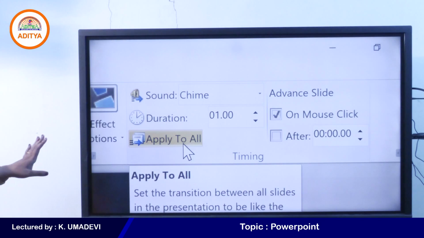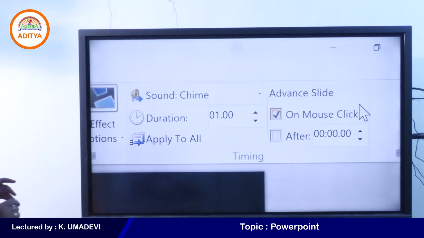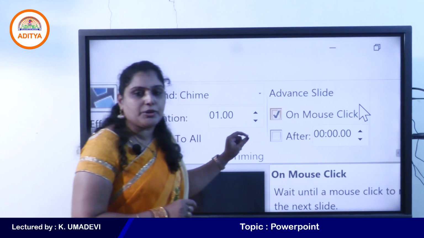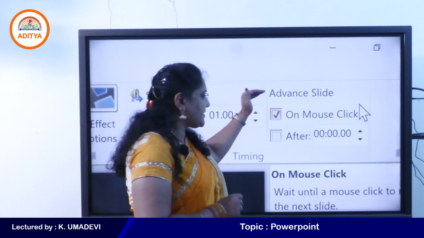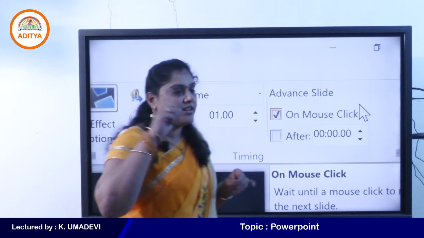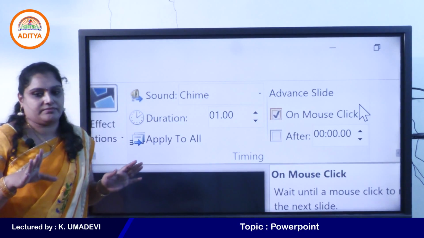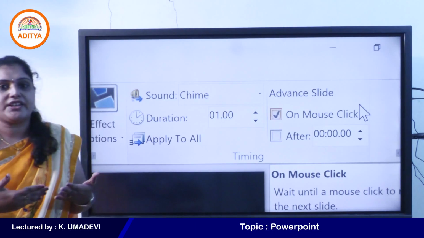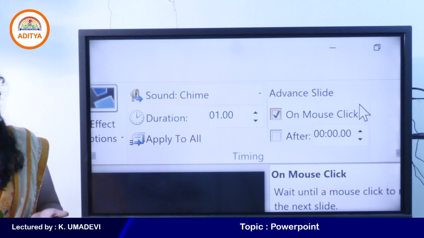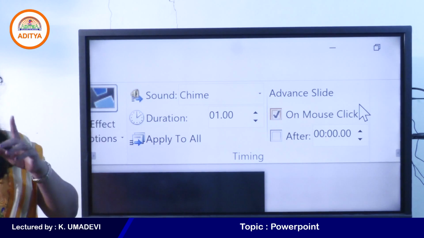Before going to that, I would like to tell you one thing, students. Under the timings group, we have one option, that is advance slide. Under advance slide, we have 2 check boxes. First one is on mouse click. If you want to move the slides during the presentation, simply use mouse click or use cursor keys on your keyboard, right?